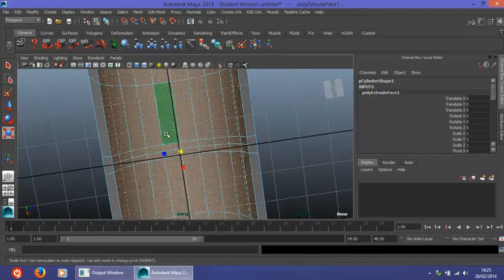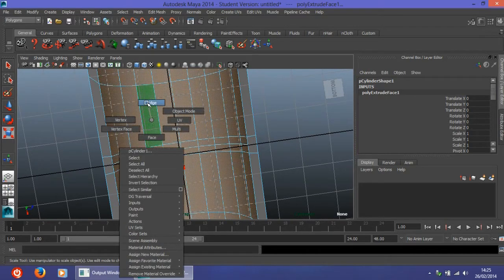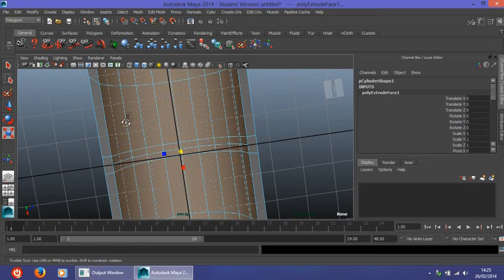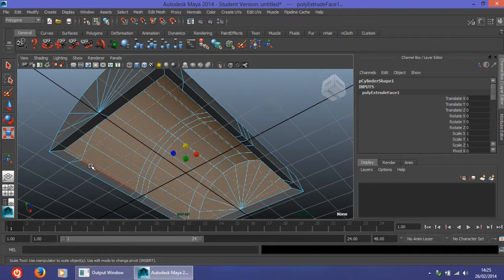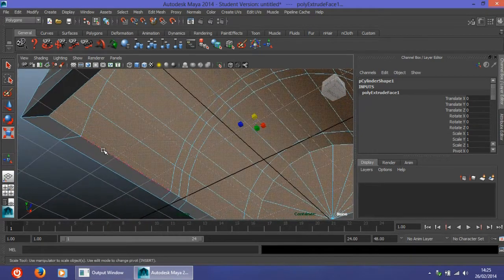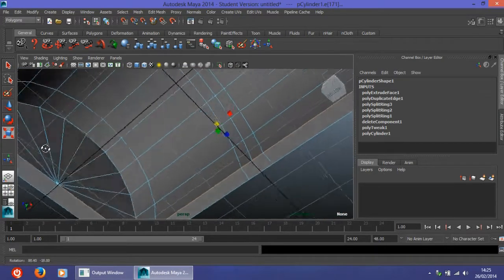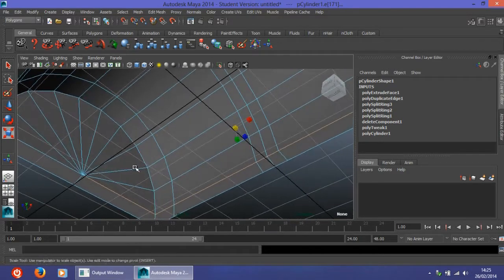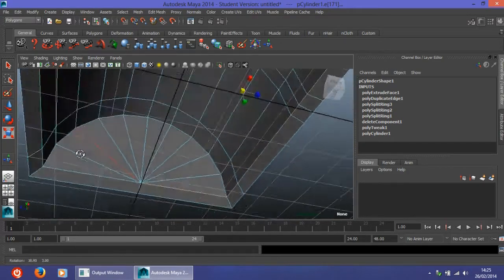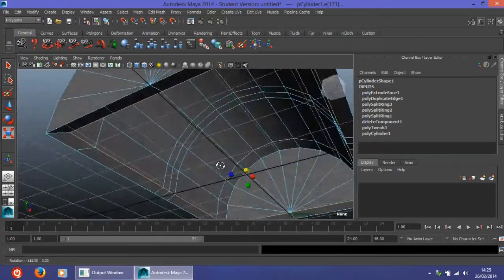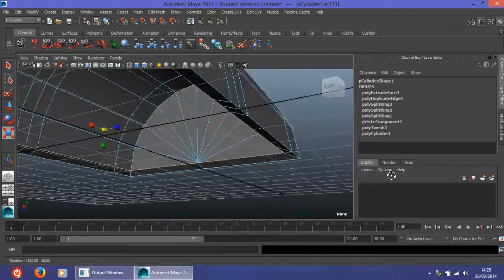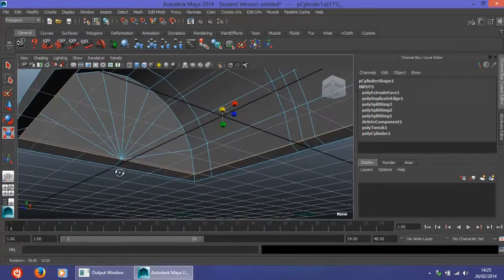So to do that, it is very easy. Hold the right click and choose edge and choose this edge loop right here. So to select a whole edge loop, just double click one edge and it will select the whole edge loop. To select the other half, just click shift and double click, so that now the whole edge loop is completely selected. Now we have to move it downwards like this, as you can see now,